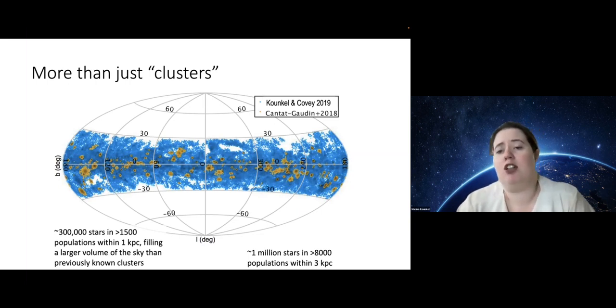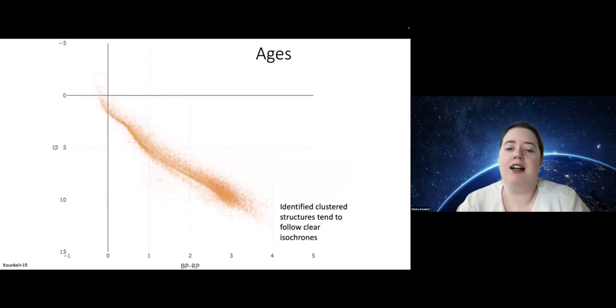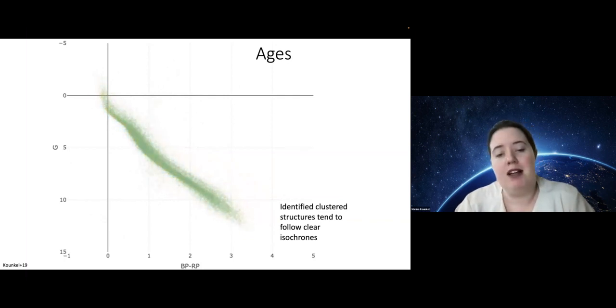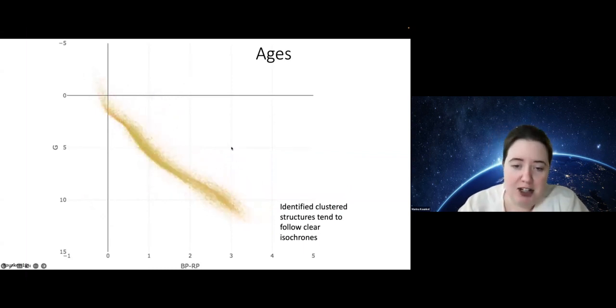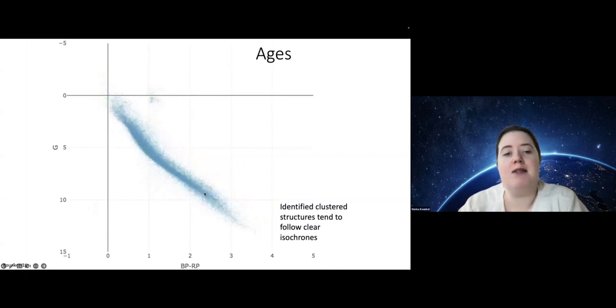But regardless of what you refer to them, clusters, populations, moving groups, etc., they are still co-moving. And therefore, it's possible to determine their ages through isochrone fitting. Here, you can see an example of some of the HR diagrams for these clusters, where you have still a sizable pre-main sequence population in red, but eventually as they age, they drop down to the main sequence.